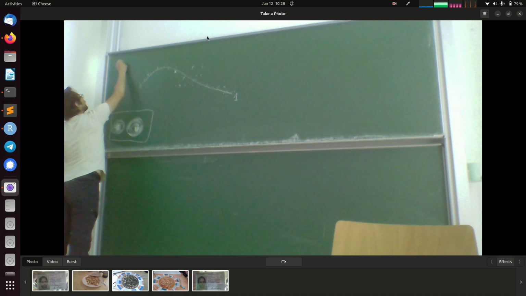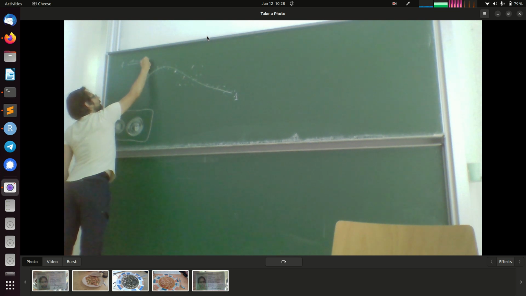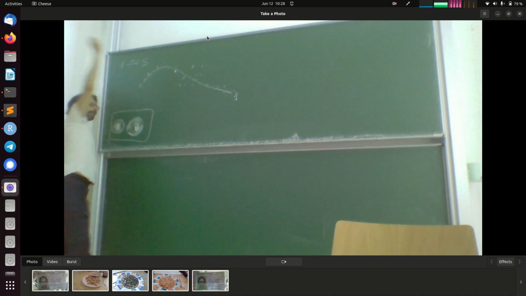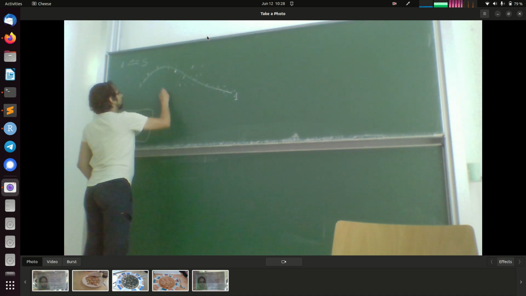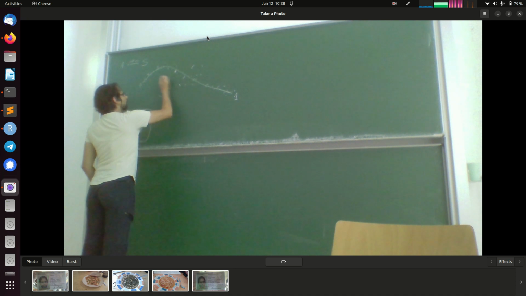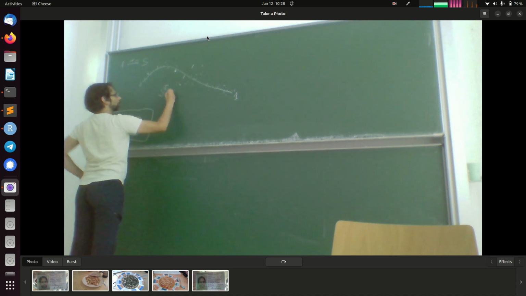So if A is our adjacency matrix, and we row normalize this to get our transition matrix, let's call it S. And then we take S to the K, or I call it capital T, the number of time steps, times an initial vector V,